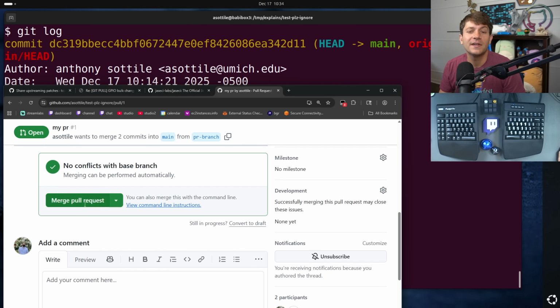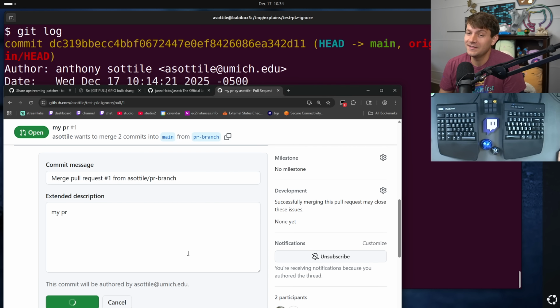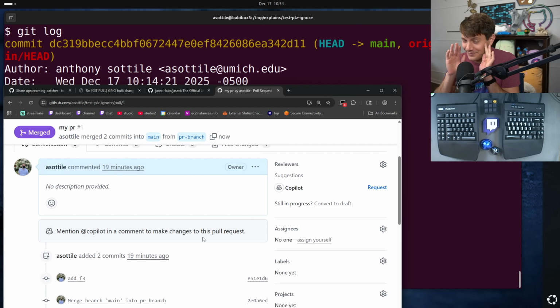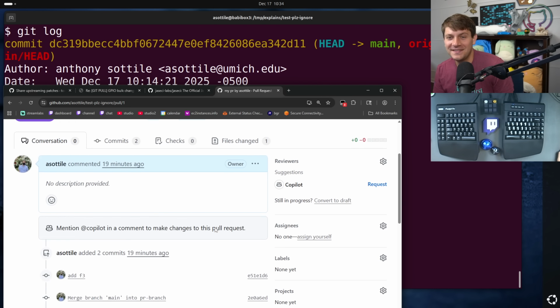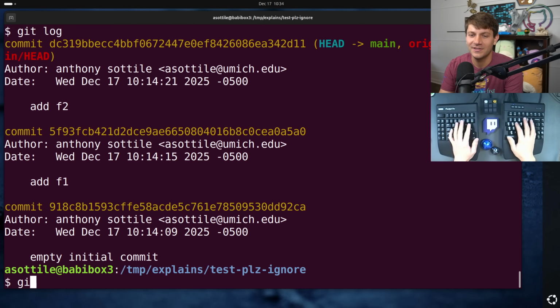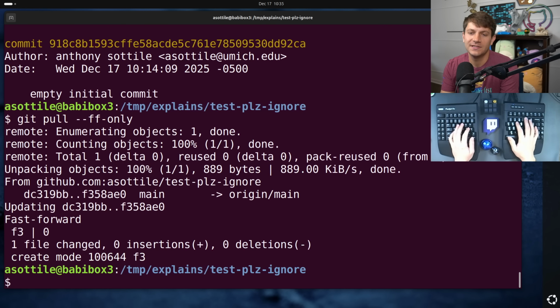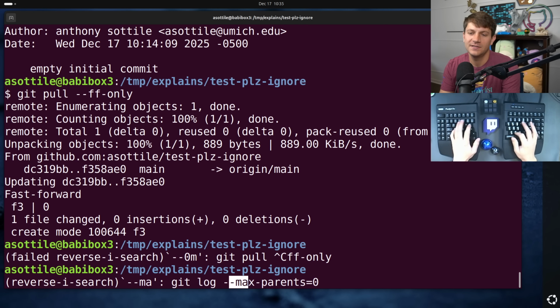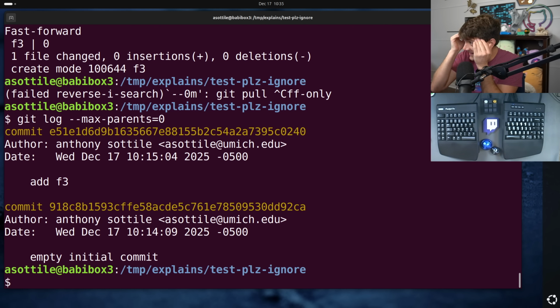But if I make a merge commit here, this pull request, GitHub didn't notify me at all anywhere that this is doing something nefarious. But now if we look at this repo, fast forward only, max parents, we have 2 git roots now. So, terrible prank on merge commits. You can add new git roots sort of on accident.